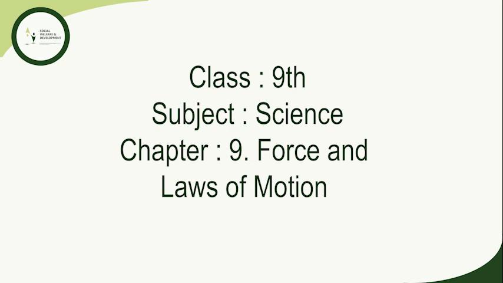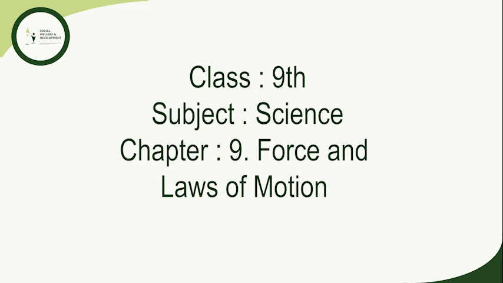So now let the first player be moving from left to right. By convention, left to right is taken as the positive direction and then right to left will be taken as the negative direction. Now m is mass and u is initial velocity. Then for the first player, m1 will be equal to 60 kg and u1 will be equal to 5 meters per second. For the second player, m2 will be equal to 55 kilograms and u2 will be equal to minus 6 meters per second.